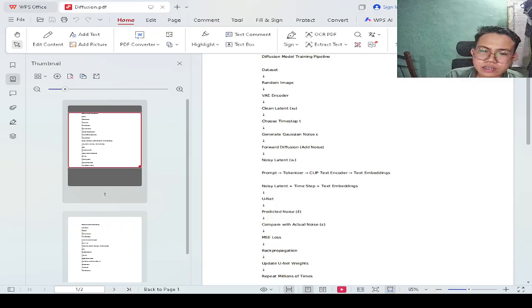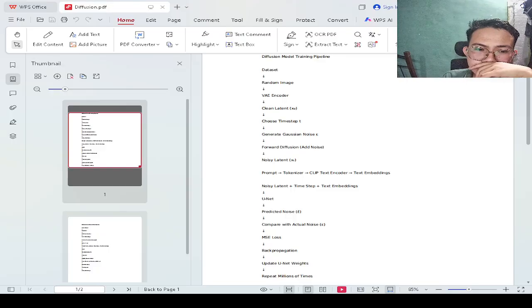First, we collect the datasets, for example cat, dog, beach, car, house, tree. If using text conditioning, each image comes with a prompt: a cat prompt and cat image, a dog prompt and dog image.